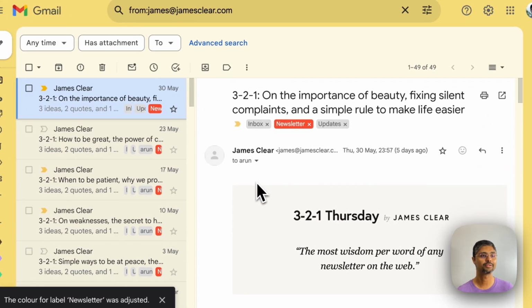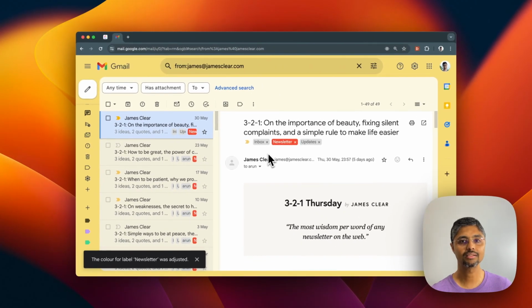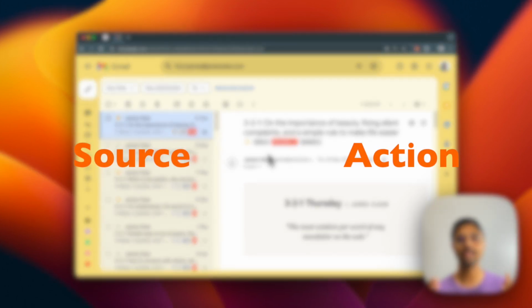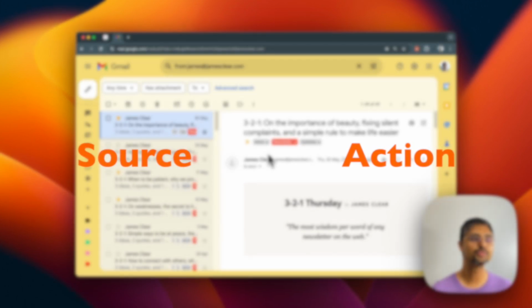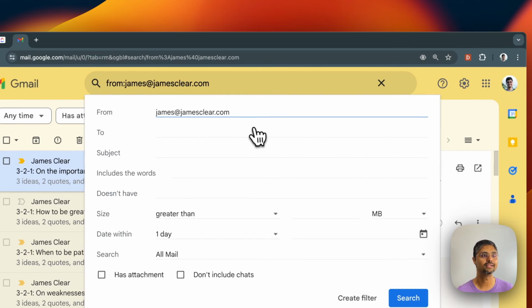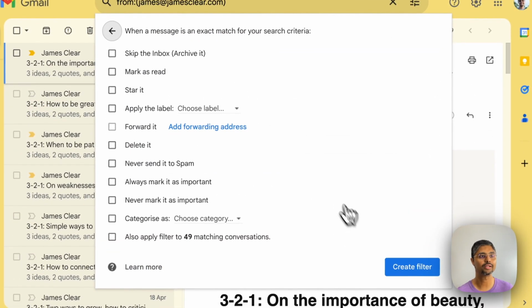So as I recommended earlier, I would always suggest that you place at least 2 tags that make sense to you. One of the source and another of the action to be taken. So a newsletter for me falls into a filter of read. So I go in to create another filter